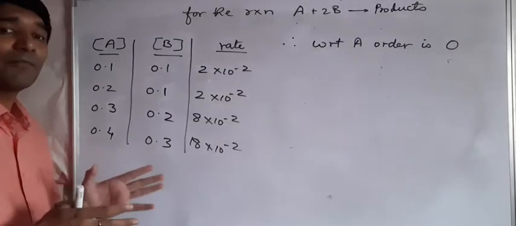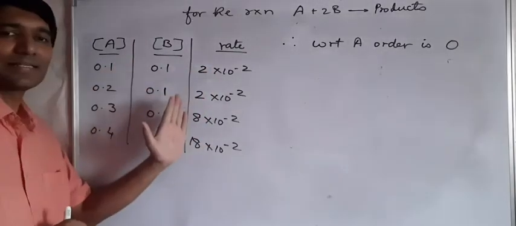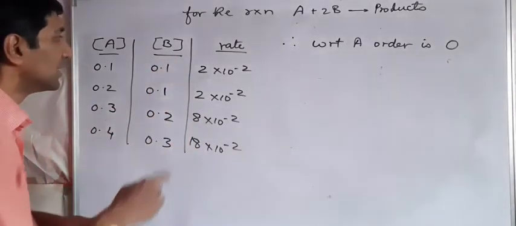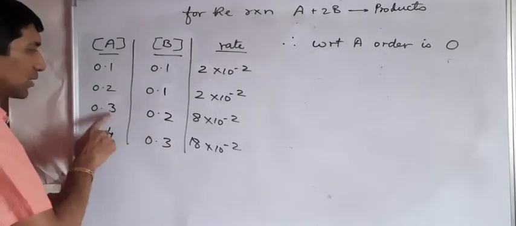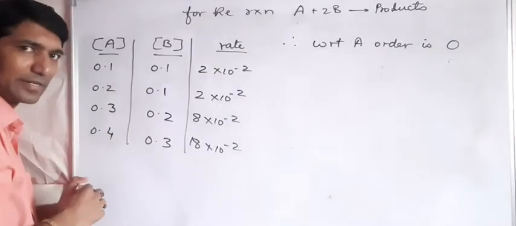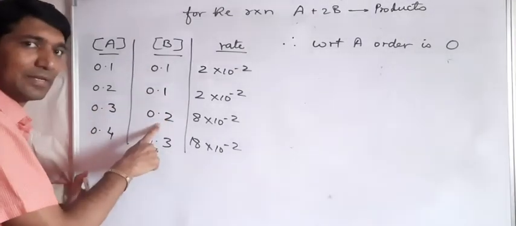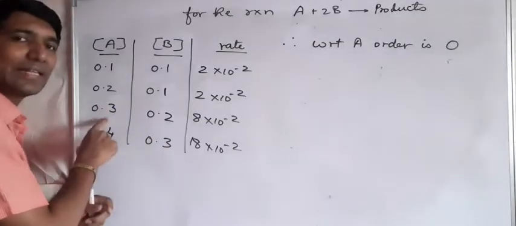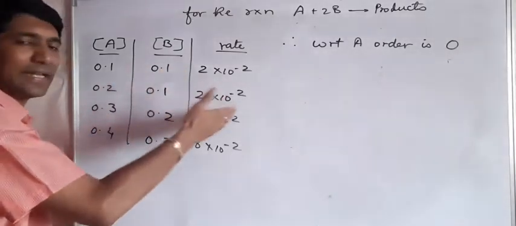Now, if I have got one value for one concentration, then how do I calculate the same for the next one? Because we are not involving any calculations. Now see, let's go ahead to the third values. In the third value, the concentration of A has been tripled with respect to the initial concentration taken, while in case of B, the concentration has been doubled. Now, since we have already summarized that with respect to A, there won't be any change, even if you multiply it by 100 times, there won't be any change in the rate.